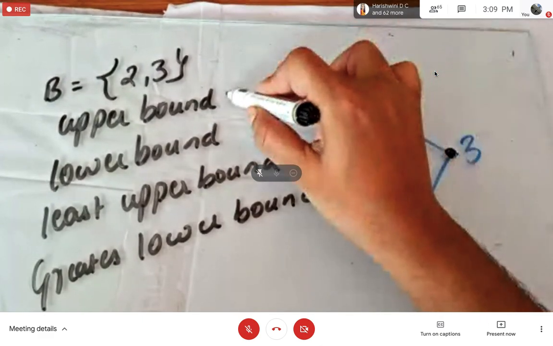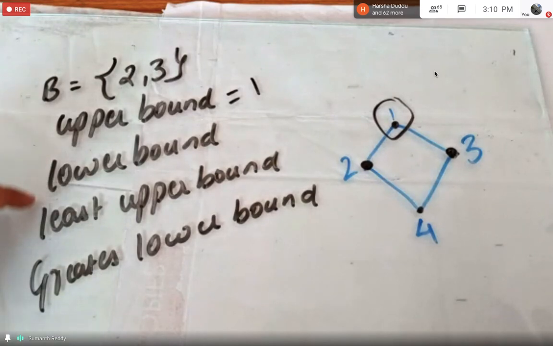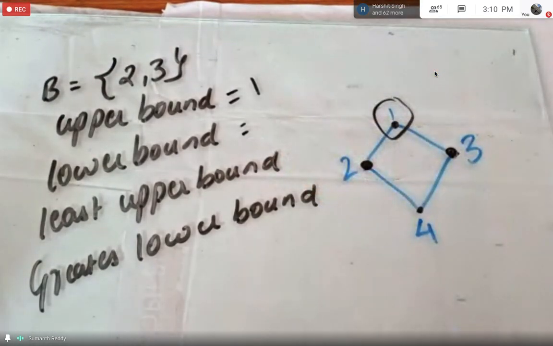Okay, I think you got some idea. When we solve more examples, you will understand better. Fine. And don't try to mix the greatest element, least element with this one. Okay, so try to understand these are the 4 properties which are defined only with respect to this subset of elements. That's all. Okay. So now in the similar way, if I have to find the lower bound, the definition is very simple. So just you have to think about the elements that are related to the subset of elements. Students, again, I'm asking you, can you tell me which are the elements that are related to the subset of elements? So here the subset of elements are only 2 and 3. Which are the elements that are related to both 2 and 3?